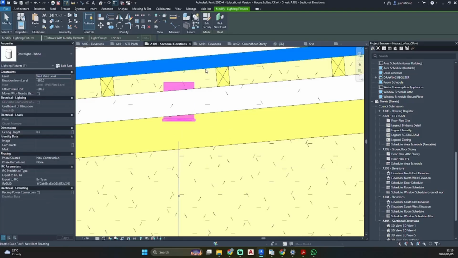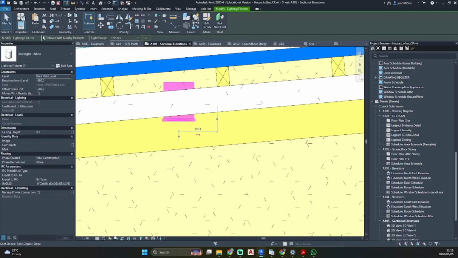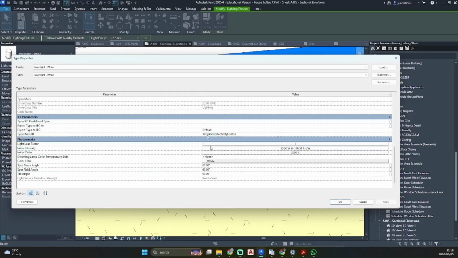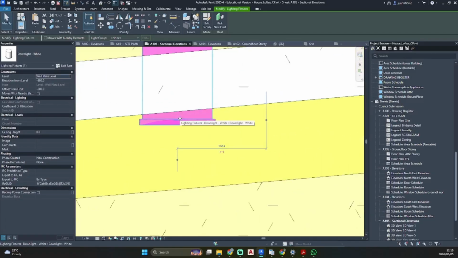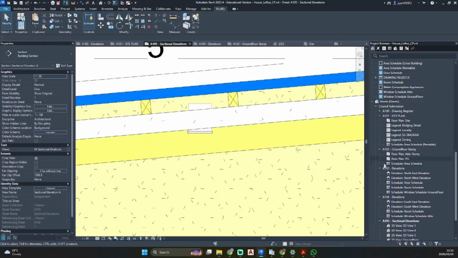Seems that this doesn't want to rotate as well. Edit, spot being tilt angle, go 5. Okay, so I'm just gonna leave this like that for now